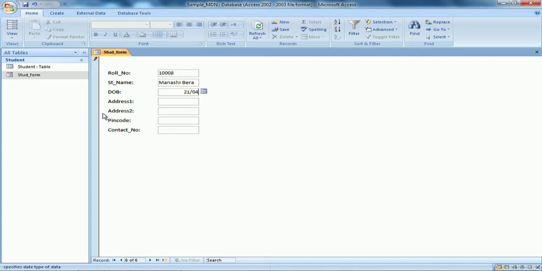I am entering some records through the form. Now a date symbol will come. I am entering records for each of the fields.